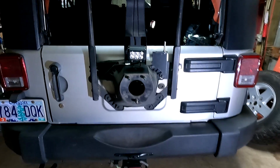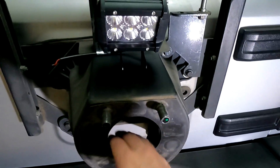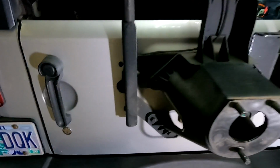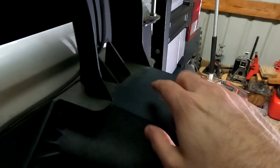Okay, so I've removed the spare tire and I have the light sitting. This is just where it's going to be mounted. And as you can see, I have plenty of room to get my hand up under here in order to install that bracket. Now, as far as the wiring goes, you can see there's a hole here. This used to be a grommet like this one. The grommet's been removed, so I'm planning to route the wires from the tire carrier along here and into this hole. And then on the other side of the gate,